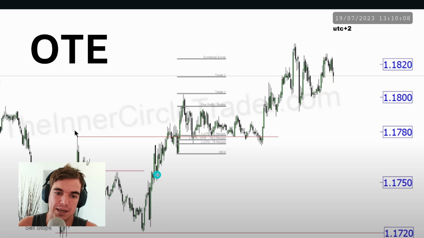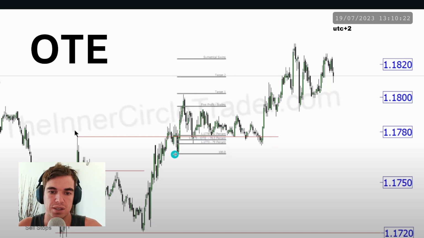Then the price came up and broke the highs with an aggressive move. That aggressive move normally brings a bigger retracement, and that retracement is where we're going to place the low of that pin, of that wick there, to the high, and that retracement, we can get an entry anywhere between the 61.8 and the perfect entry around the 79, which we said is a rounded number of a Fibonacci of a